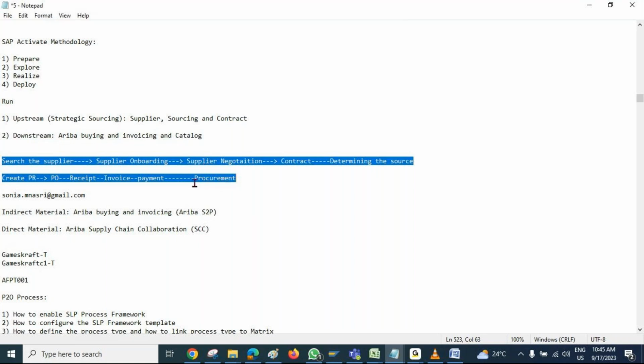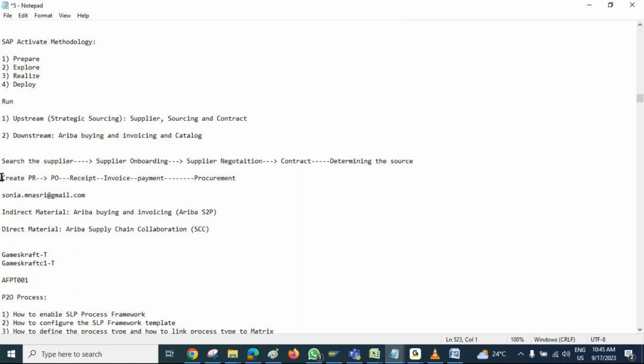And overall, this process is called sourcing and procurement activities. With the help of this, you are first determining the source, that is, from which supplier you have to purchase. And then once the source is in place, you perform the procurement activities. So this is called the sourcing and procurement process.